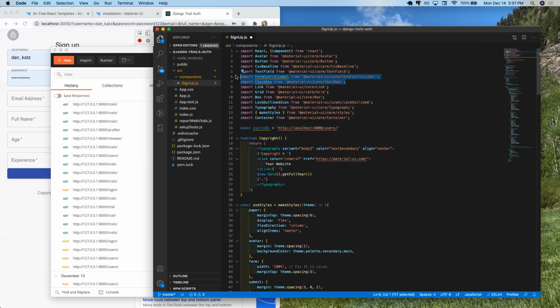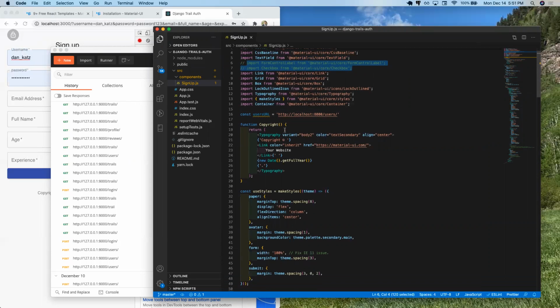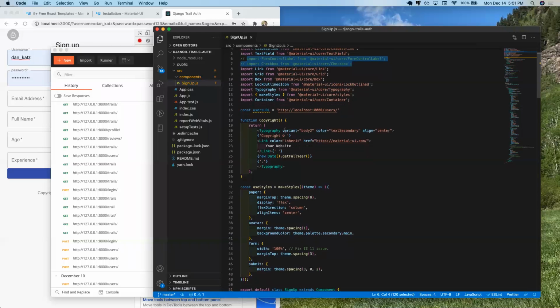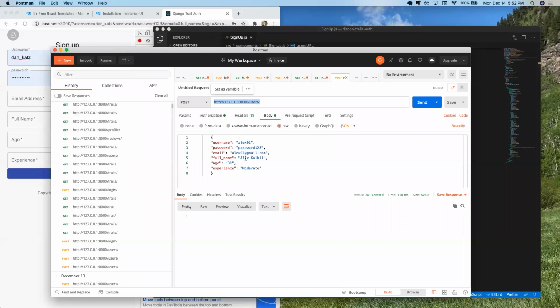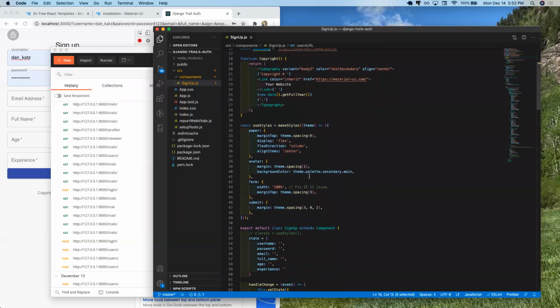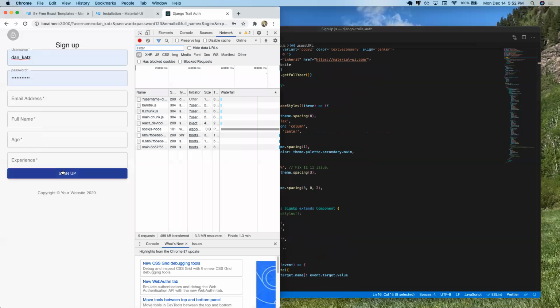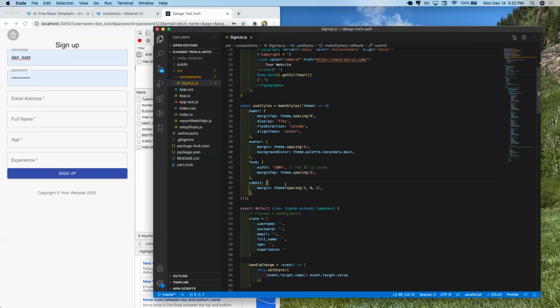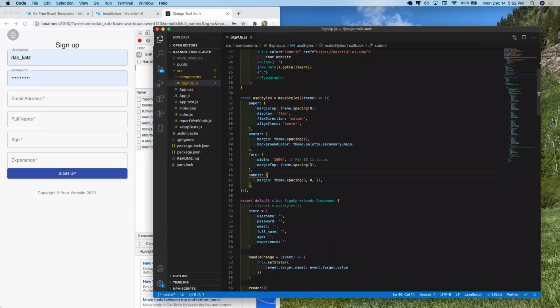In order to save any errors, we'll just comment those out for now and clean it up at the end. But now we've defined our users URL. We're trying to send all this information to this URL, exactly like that. We created that controlled form so that when they hit sign up, when they hit submit, hopefully we can send a successful post request to the